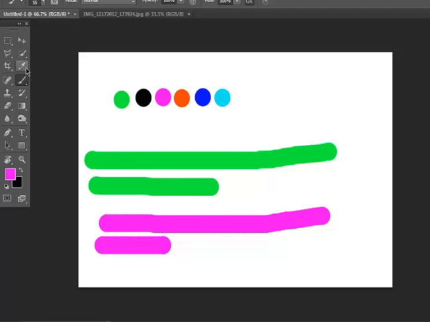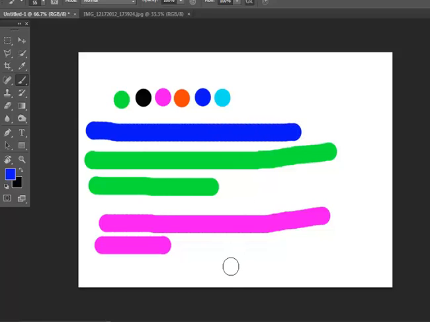But if you want to do it in an easy way, just press, as what I've said earlier, letter I from your keyboard and click the color that you want, and after clicking it, the color will appear here, and you can use your brush to paint and to use the exact color that you want.